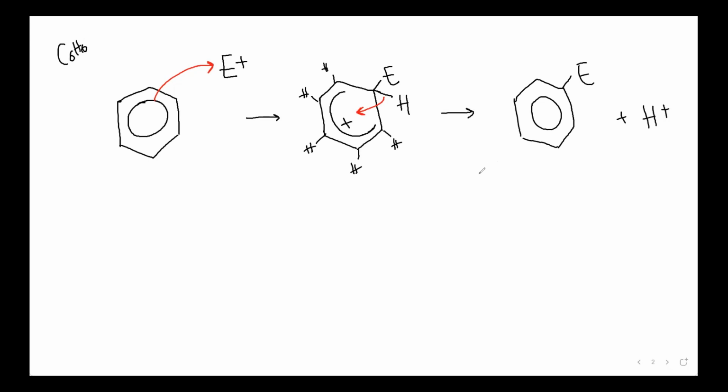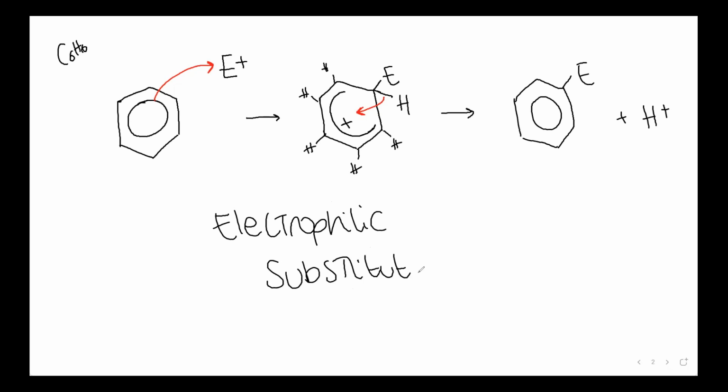It's really important to know the general mechanism, because when we see the generation of the electrophile, the mechanism will always be the same. And this is called electrophilic substitution, because an electrophile has substituted a hydrogen. The tricky thing to remember in this mechanism, apart from a little bit of logic, knowing where the arrows start and the positive intermediate,